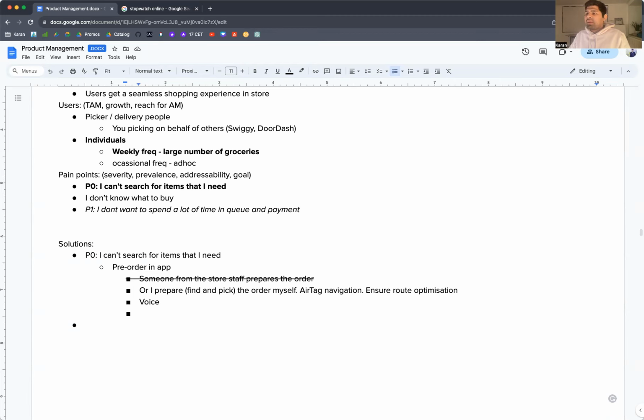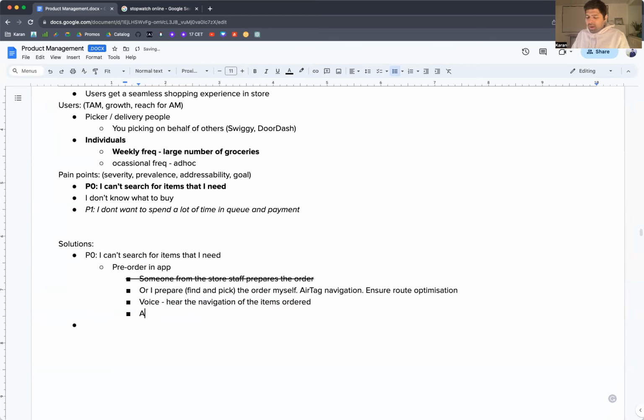Maybe I can hear the navigation of the items ordered, so that the navigation leads me to the items, and I do not have to worry much about looking at my phone, managing my cart, and so on. The voice, if very well plugged into earphones, can actually navigate me in the right direction